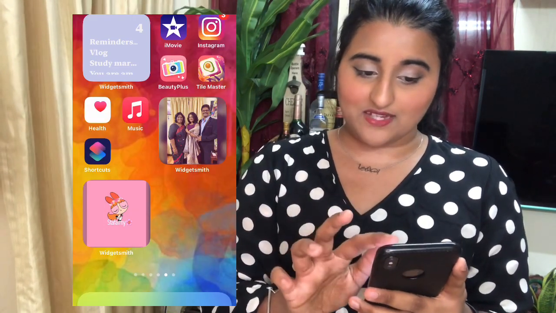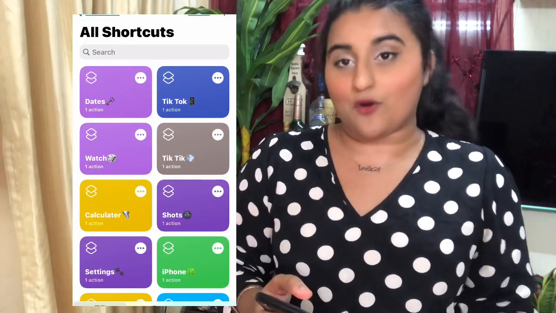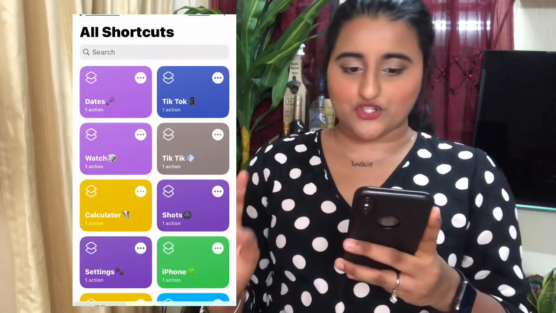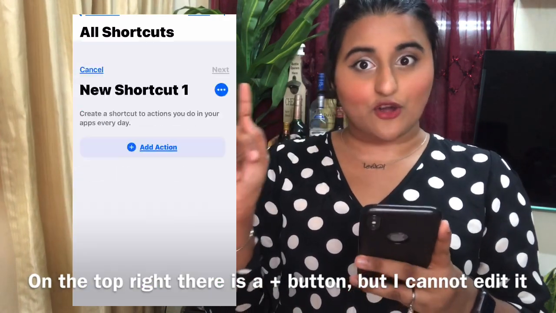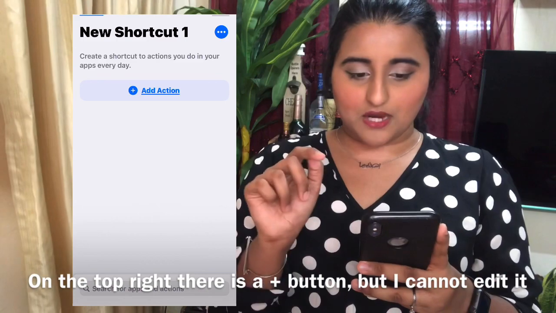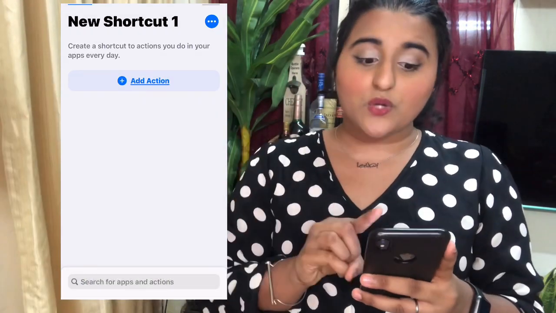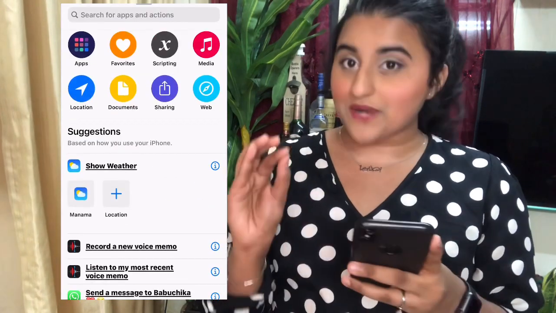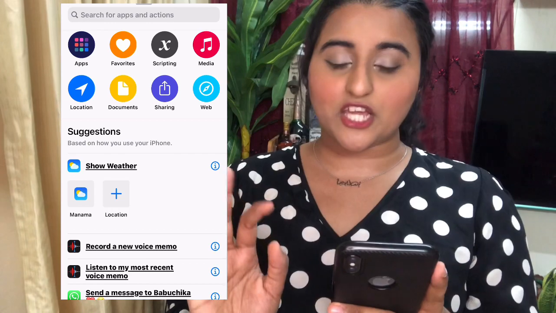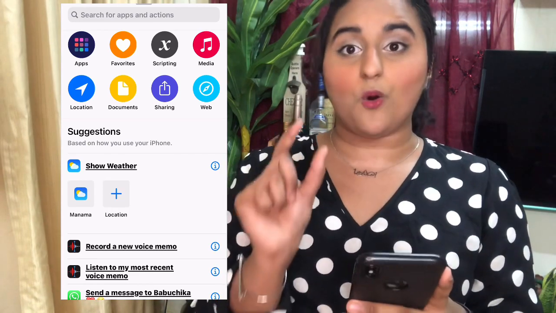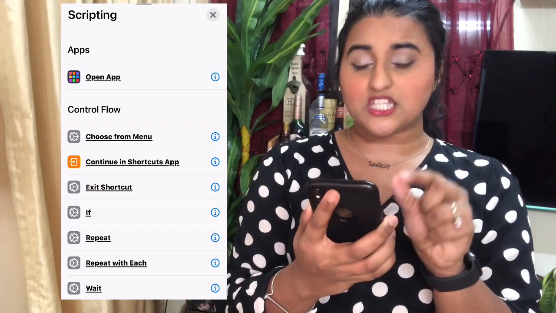I'm gonna save it, and you need the app called Shortcuts, which is already present on your phone. So now you have to go to Shortcuts, and you can see on the top right section of your phone there is this plus button. When you press that, you get add action and the 3 buttons. You have to press add action. When you press add action, you have to press scripting. After you press scripting, you get the first option, which is open app. Press that, and then beside the open button over there, you can see choose.